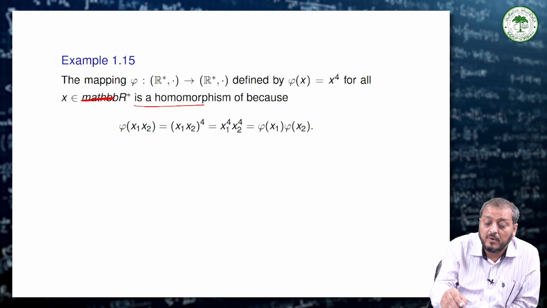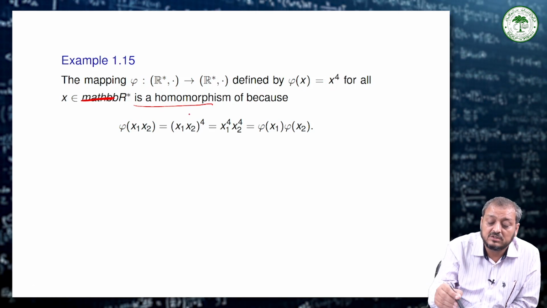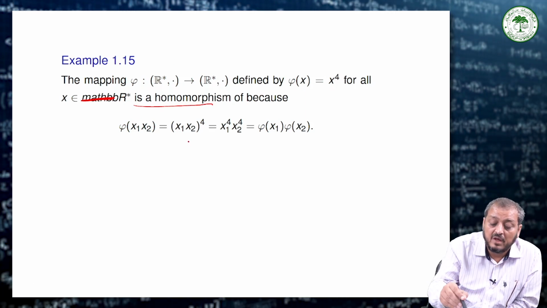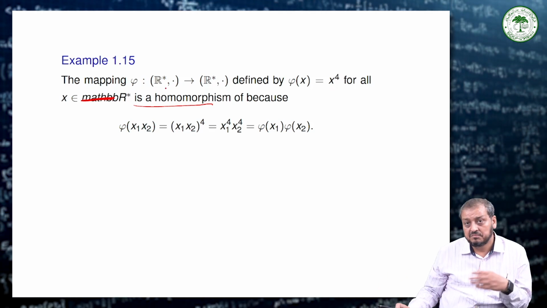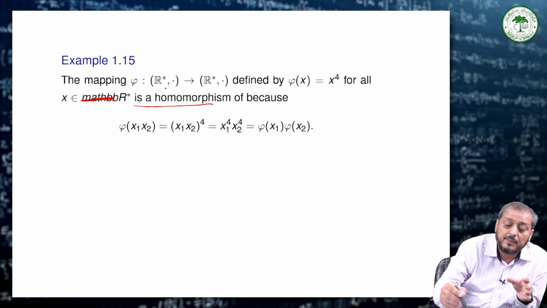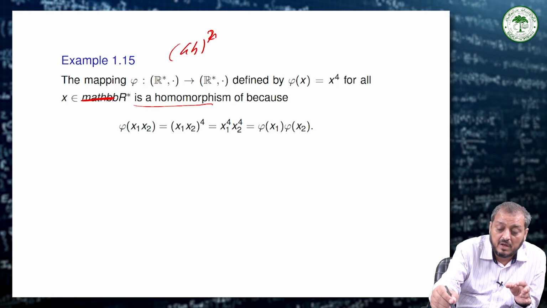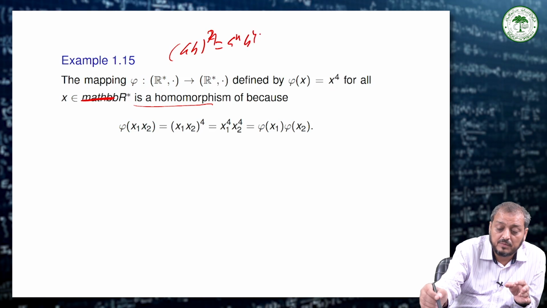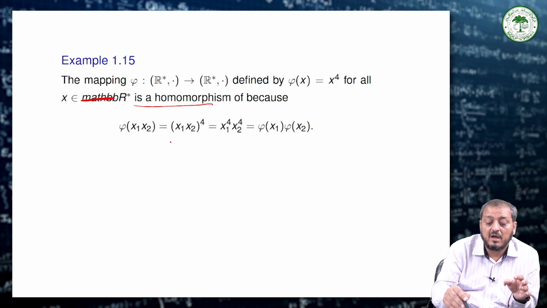Now phi is clearly a homomorphism because we take R star to R star. This is under multiplication, an abelian group, and the property of this is (ab) to the power n is equal to a to the power n, b to the power n. By this property we can say that phi of x1 x2